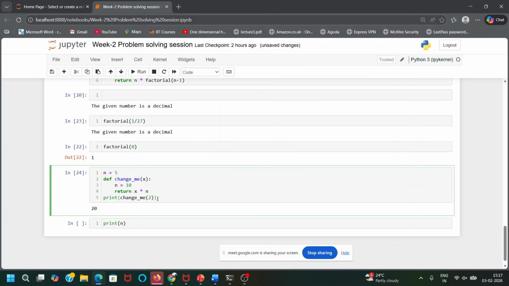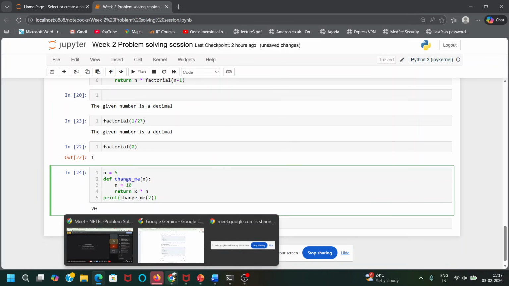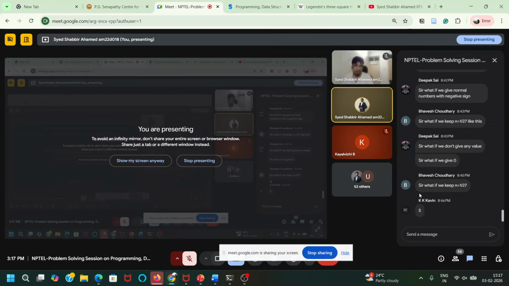After I evaluate the function and I printed the value of the function, that is a different case. Now, what will be the value of my variable n?